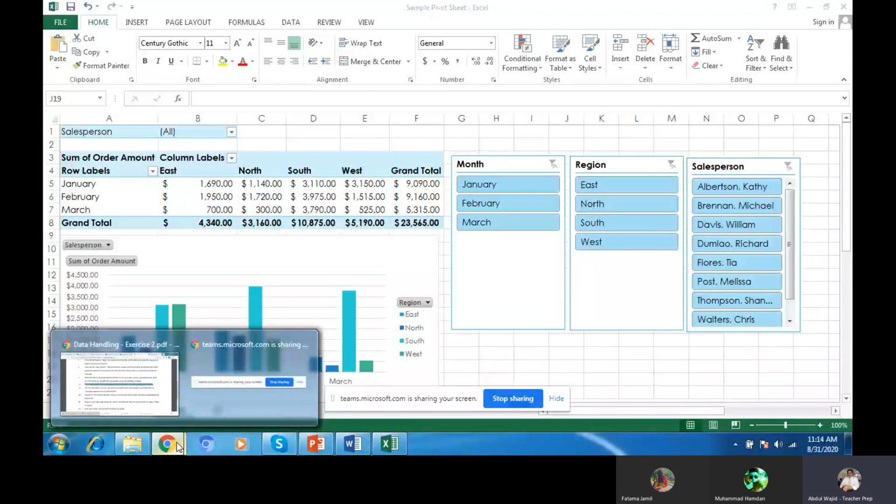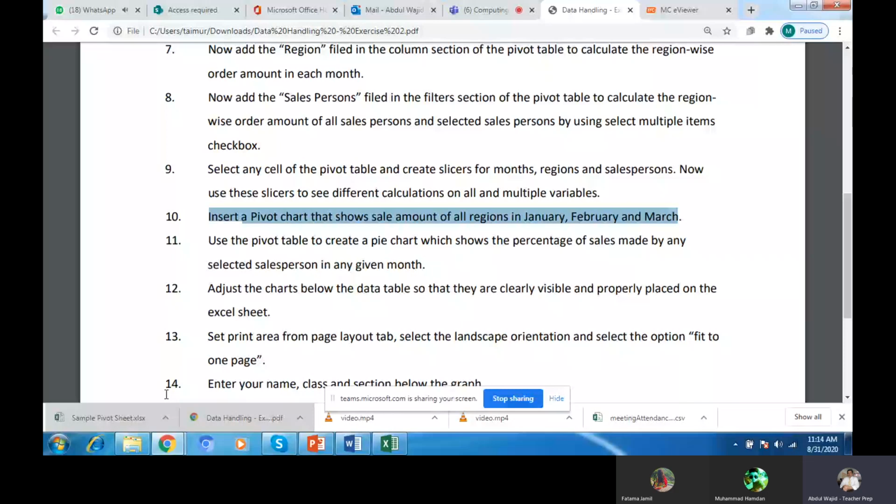Now use the pivot table. That one, use the pivot table. Create a pie chart which shows the percent of the sale made by any selected person in any given month. Okay, we will click here.